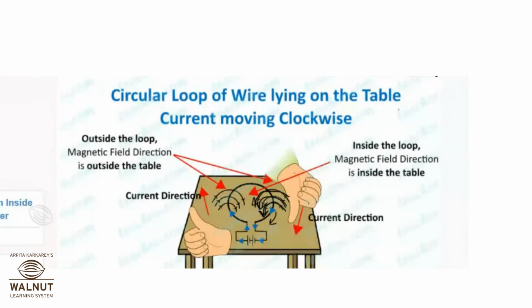Similarly, over here, the current is like this. They have provided in the question that the direction of current is clockwise. So again, the thumb will point in this direction, because the thumb gives the direction of current according to the right hand thumb rule. Now the way your fingers coil will give you the direction of field lines. So this is how it is going.